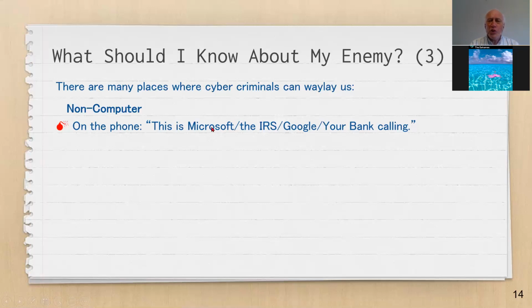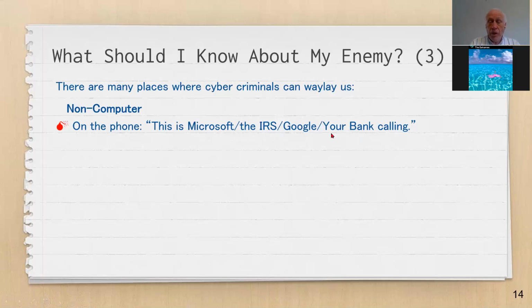Or this is the US Postal Service. We found a virus on your computer. You'd say, get lost. But Microsoft, oh my gosh, or Google, these are big names that we know about. But being seniors, we don't really know what Microsoft and Google do. But the one thing I can tell you is, whatever they do, and they do a lot of things, it has nothing to do with viruses and problems on your computer. Now, Microsoft does give you Windows, the operating system, and that does have protection against hacking and all that kind of stuff. But that's all they do. So they use this name, Microsoft or the IRS or Google, because these are names that we know.